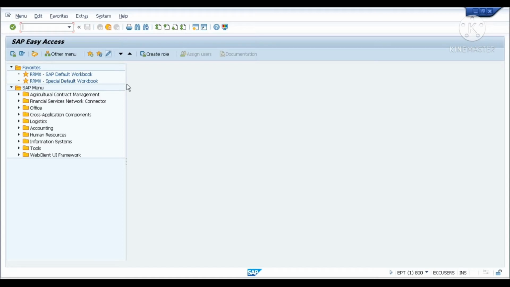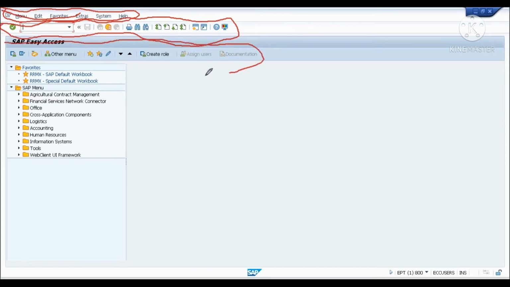Let me show you these particular things first. This is known as the menu toolbar. The second one is the standard toolbar, and this is the application toolbar.